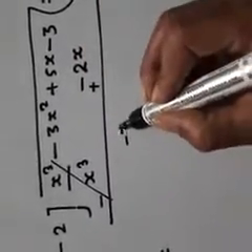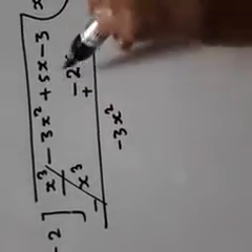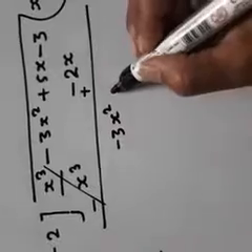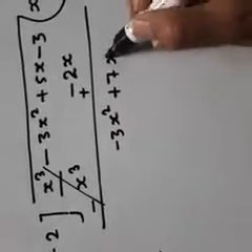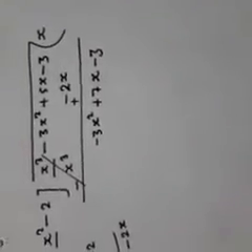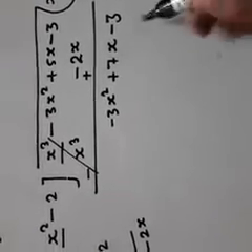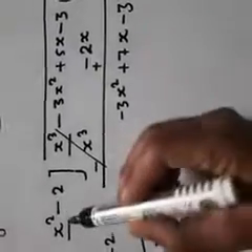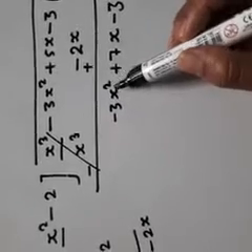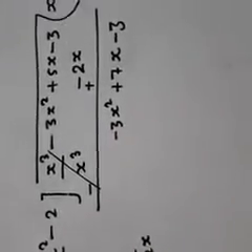Now minus 3x square will be in the remainder. It has no other like terms. Plus 5 and plus 2. Now you have to consider it as plus 2. So plus 5 and plus 2 becomes plus 7, because both are of the same sign. Whenever we have two or more integers of the same sign, we always add. Now students, we have to divide it again, and we keep on dividing till we get the degree of the remainder smaller than the degree of the divisor. Here you can see the degree of the remainder is now 2, because here it is x square and the divisor is also x square, so we can divide it once more.